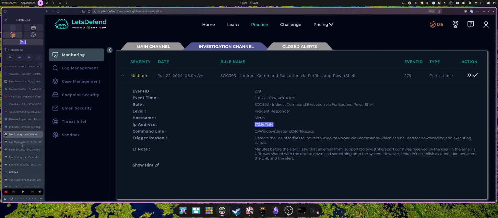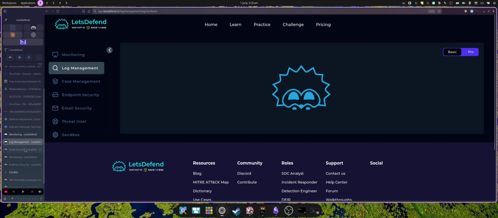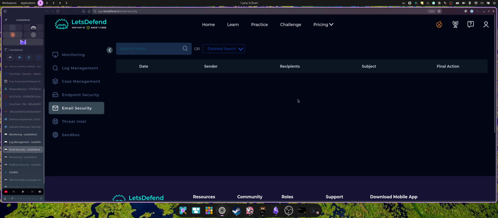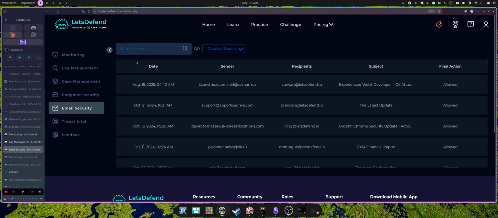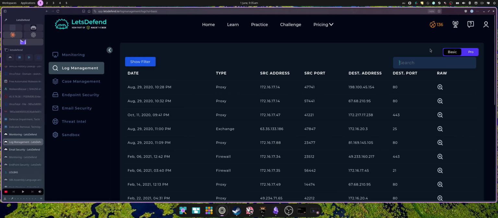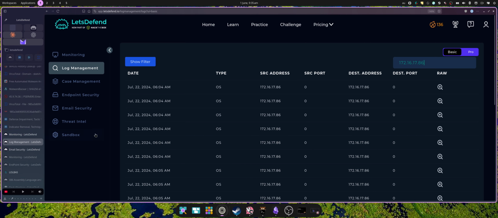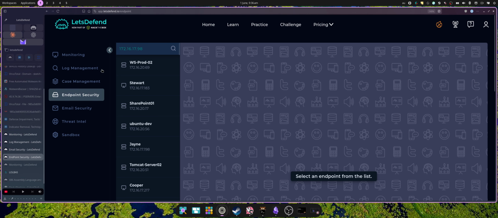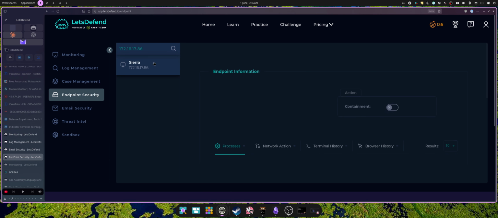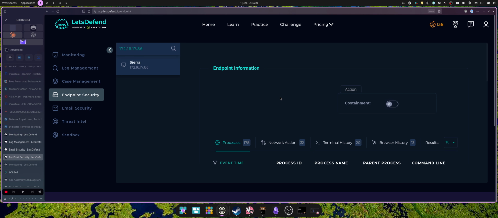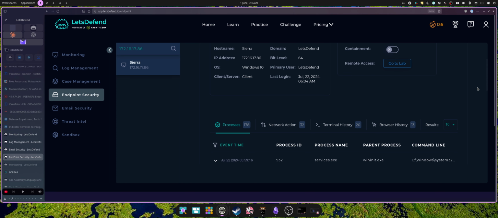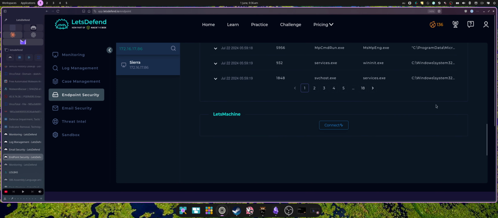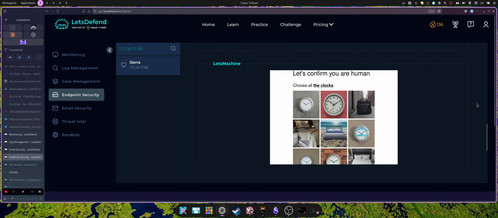We do have the endpoint and exchange because it was mentioned that an email was sent. So let's get the logs up and let's also connect to the endpoint. So Sierra. We can spawn the VM. However,